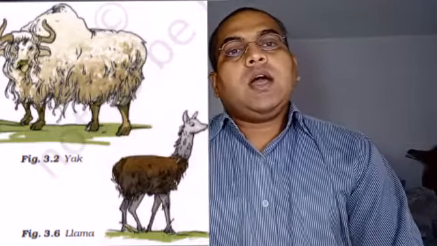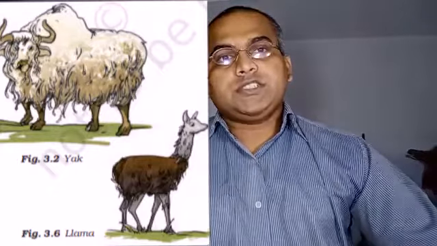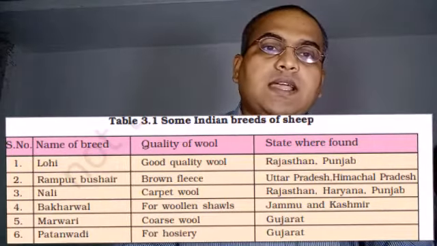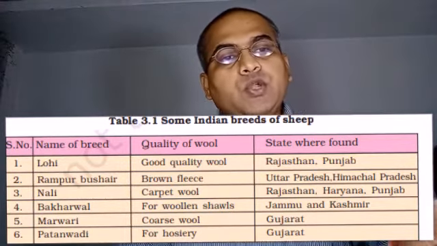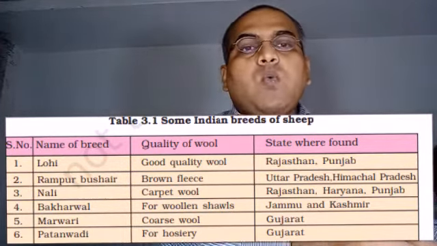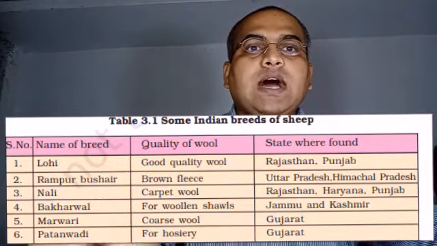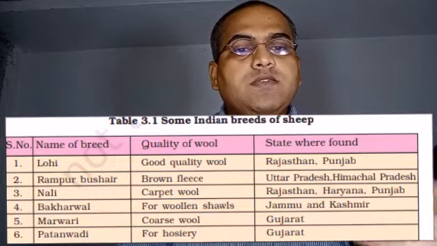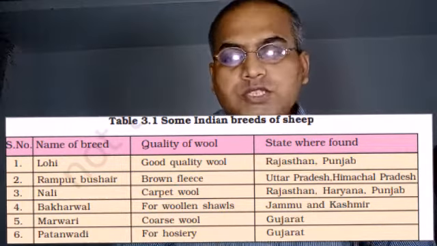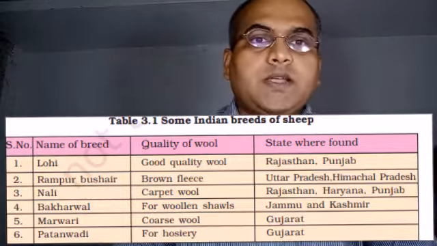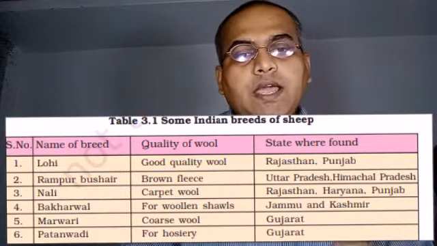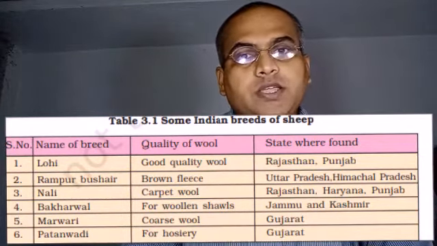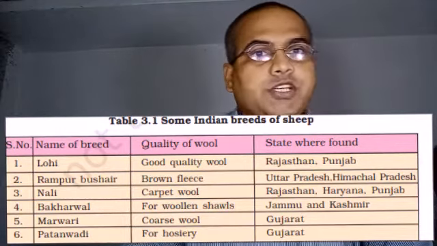The sheep are shaved and the wool we get is processed, and then we use it to produce fiber. So now what are the processes which are done by us for getting wool? First of all, there is a process called shearing. In this process, the fleece of the sheep along with a layer of skin is removed from its body, and this process is called shearing.